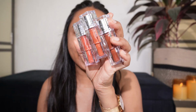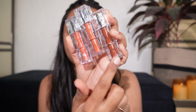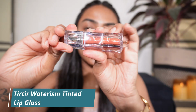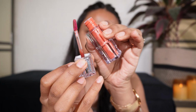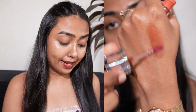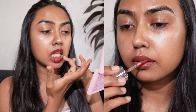This lipstick packaging looks so good, so pretty. It also has the branding done at the bottom. Just loved it. The first shade here with us is Scotch Shot, and that is how the applicator is. It's a nice slanted bent applicator. So let's try it. Okay, so literally Romand has a nice competition in the house because these lip glosses are